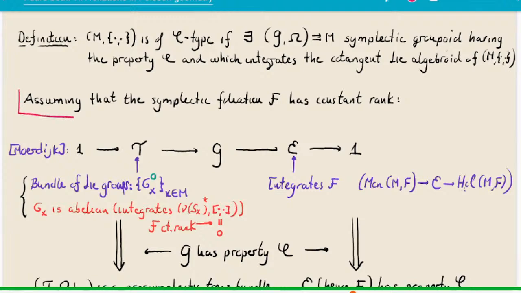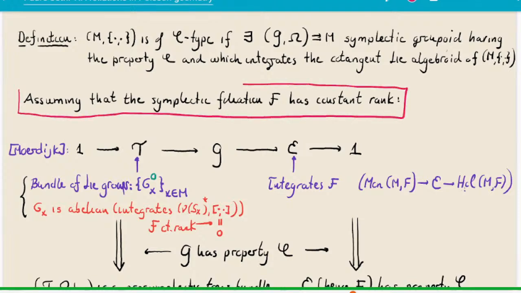Now, let me assume from now on that we're working with a compact manifold of one of these types whose symplectic foliation is regular. In this situation, we can apply a very nice result of Moerdijk, which essentially tells us that this symplectic groupoid fits into an exact sequence. Now, what we have on the left is simply a bundle of Lie groups. So these Lie groups are basically collecting for each point in the base its isotropy group